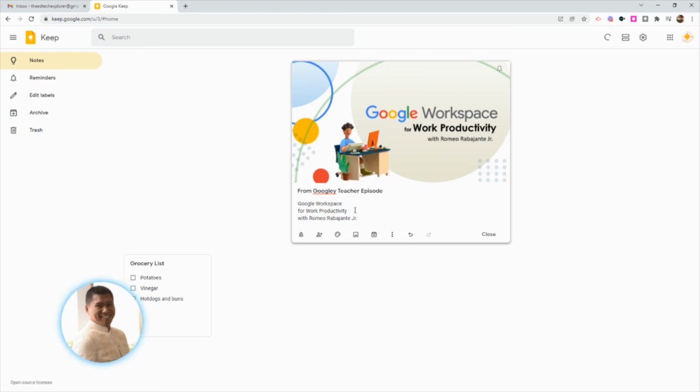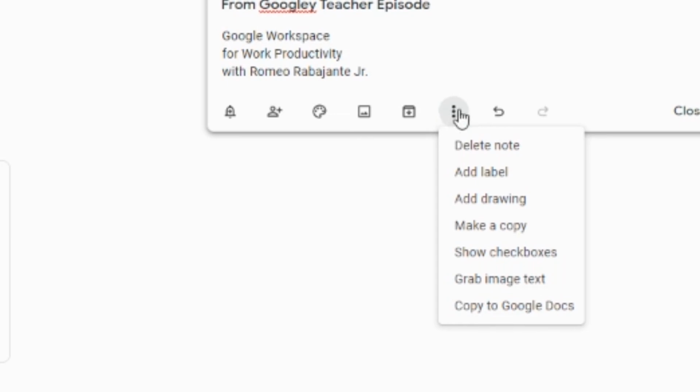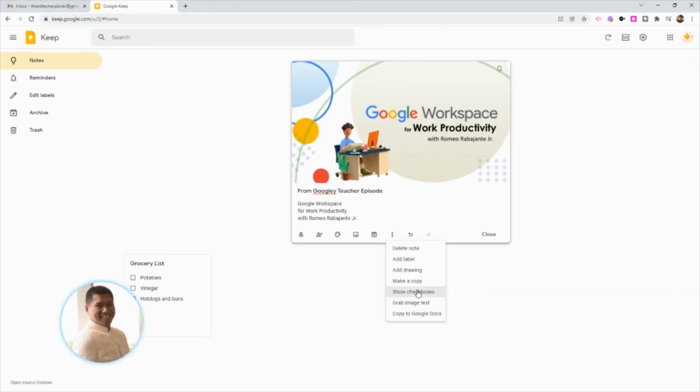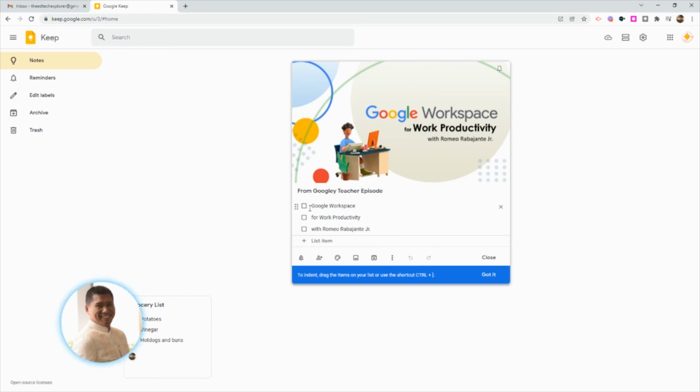Okay? So from here, pwede natin itong gawin as a checklist, no? Again, we just highlight on this one, click the more options, and click show check boxes. Ito. Pag-click natin yan, ayun, checklist na kaagad. Okay? So, pwede na siyang